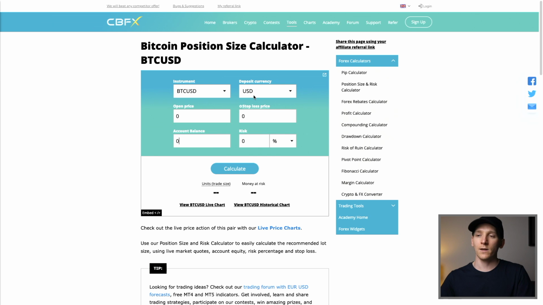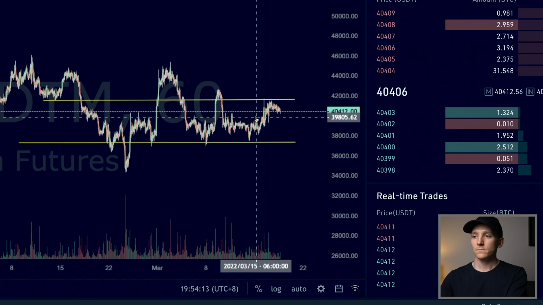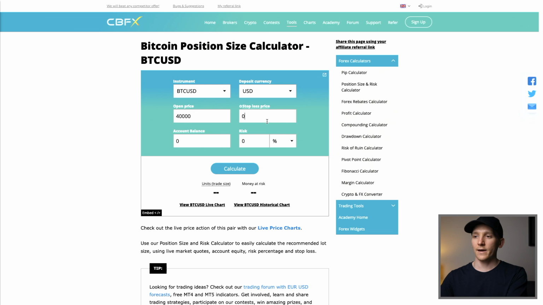So we're going to put this in here. You can get this calculator, just Google it, crypto position size calculator. I'll try and leave the link in the description. But let's say the open price, to make things easy, let's just say 40,000, and the stop price, let's say 39,500,